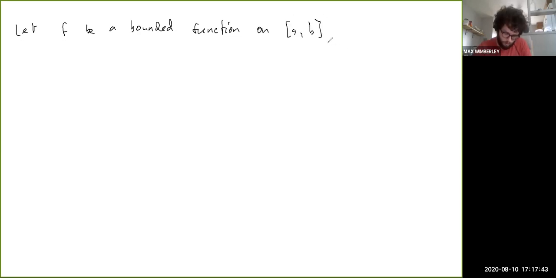So let's do that. I think that would be good. So let f be a bounded function on [a, b], say